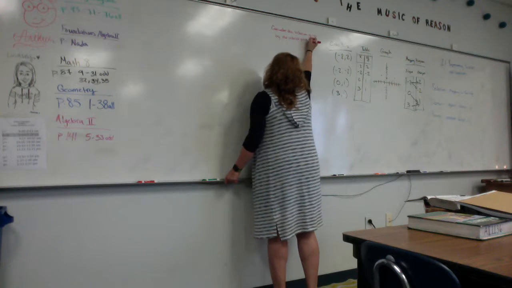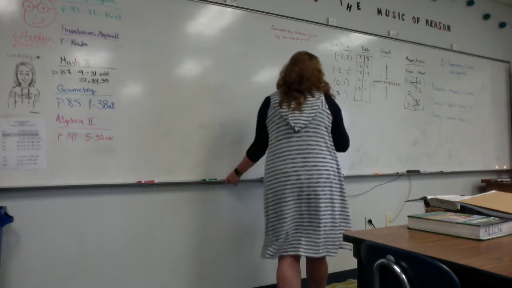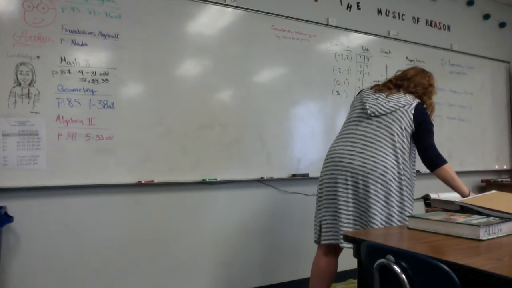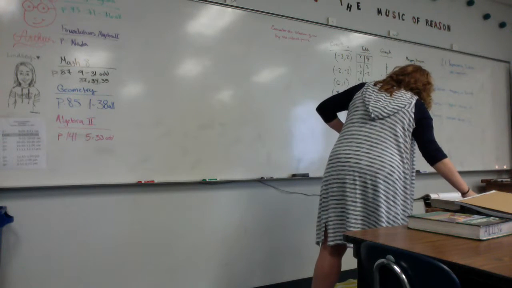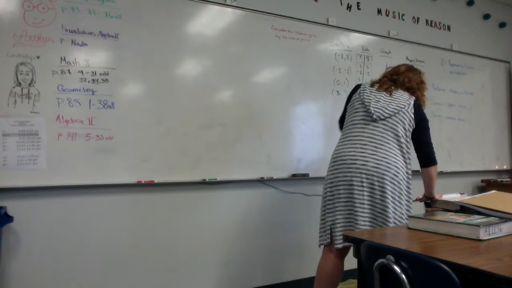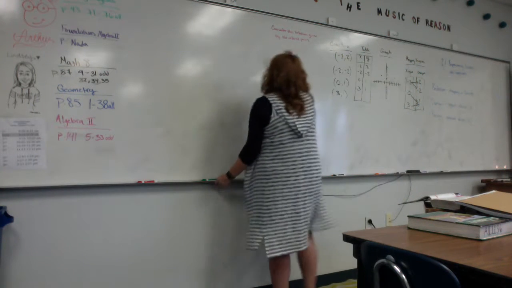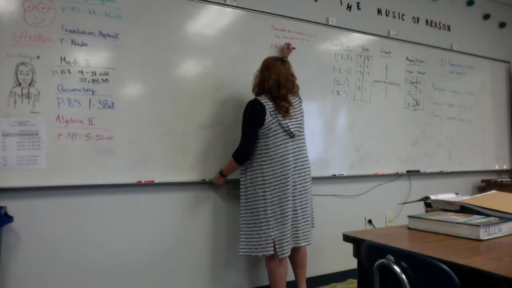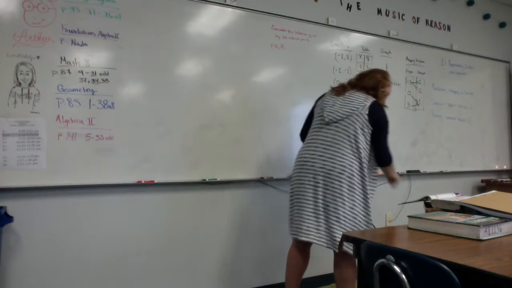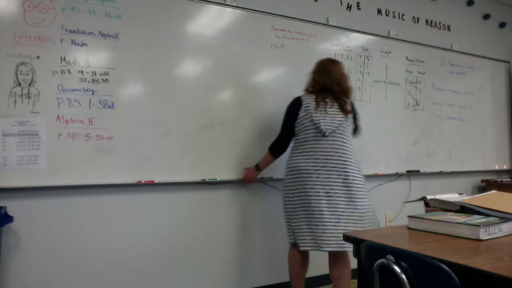We're going to consider the relations given by the ordered pairs, and then from that we're going to state the domain and range, and we're going to represent them using a graph and a mapping diagram. So if I have (-2, -3), (-1, 1),